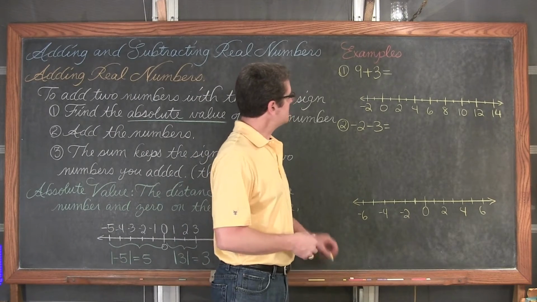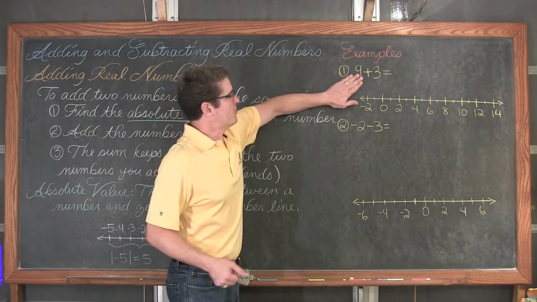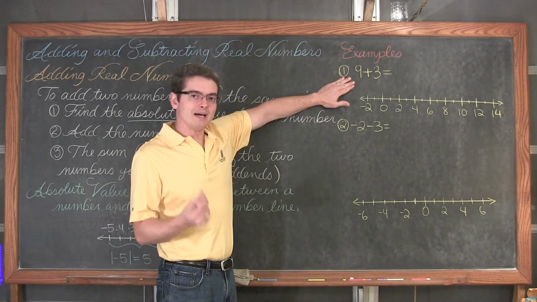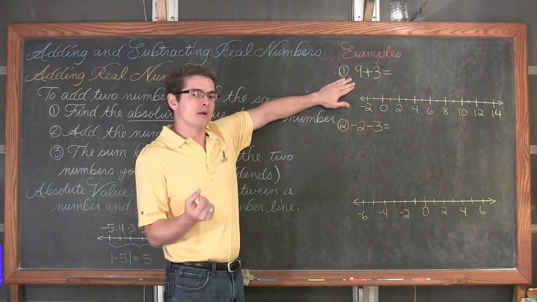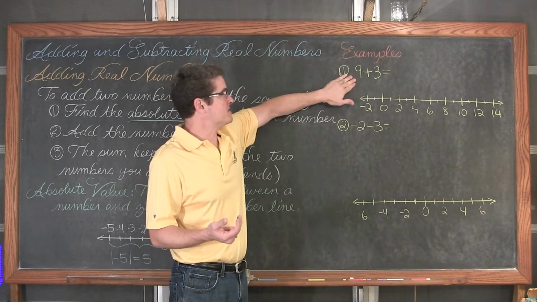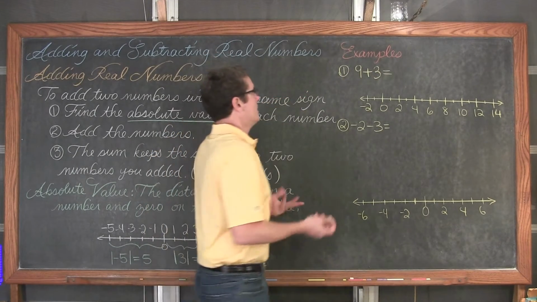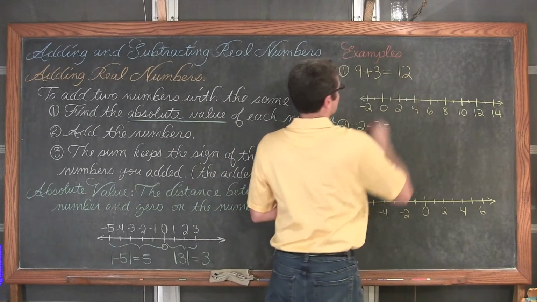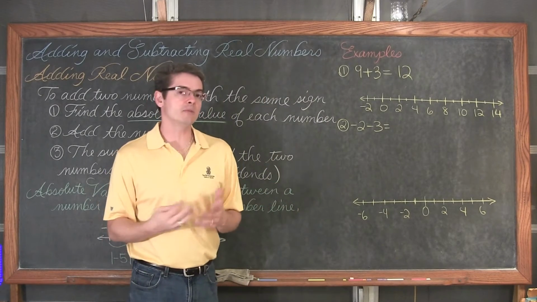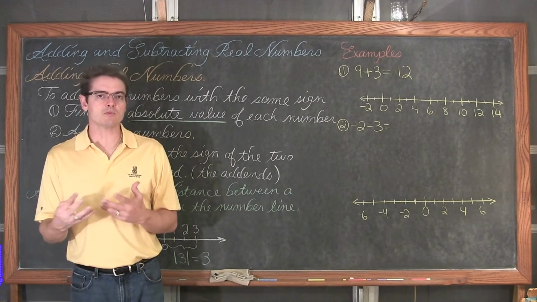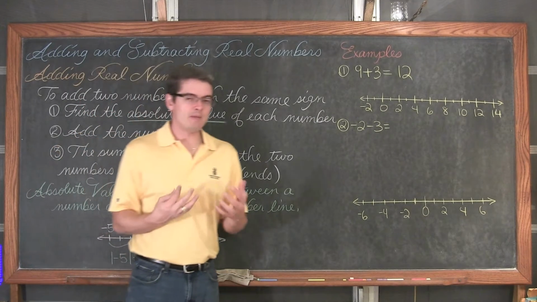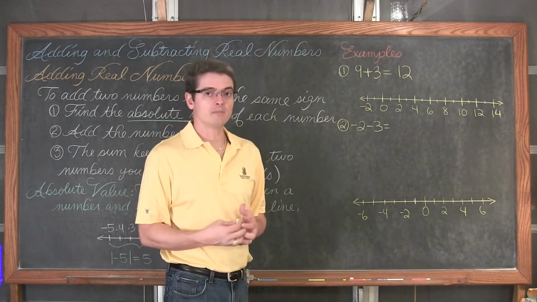So we have something here that we're probably very comfortable with doing, just simply 9 plus 3. Now, most students probably would just get this right right off the bat. They have a positive 9 and you have a positive 3, and if you count that off or just know your arithmetic, your addition, that's going to be a value of 12. Now, if you are just starting with your idea of adding and subtracting values, then maybe you need a little bit of help, say, on the number line.